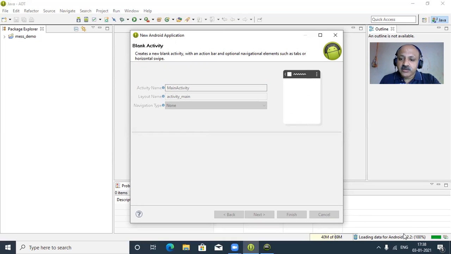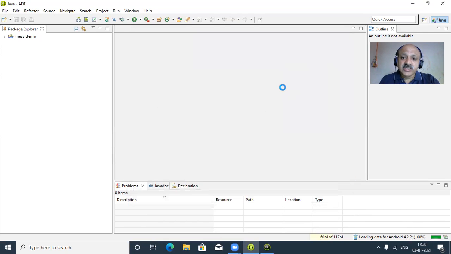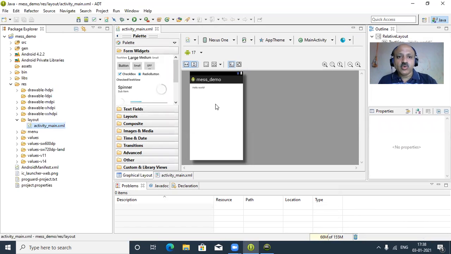Here you can see all 100 percent complete: the minimum target, all the components, and then the SDK. Now that task is complete. I think first you can see your screen. It says not responding, so it takes some time. In the background, now you can look, our first Android application is created, message underscore demo, and